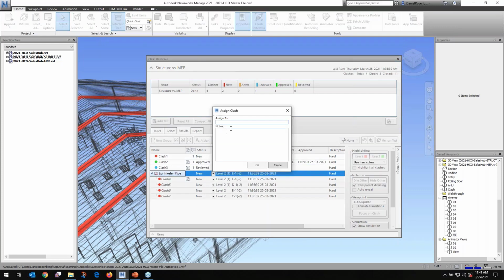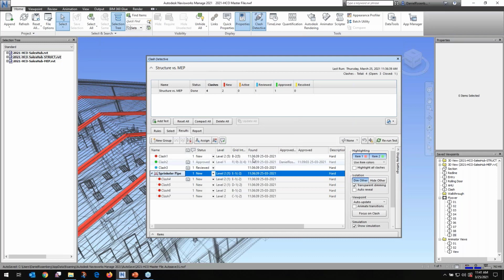And I can assign this one too. Let's say FP Design Engineer, Bob, please relocate pipe to 9'0" elevation. Thank you. Okay. All right, so now that we've got that,